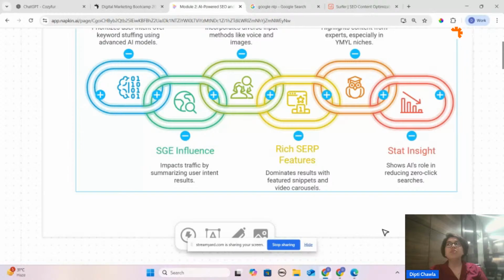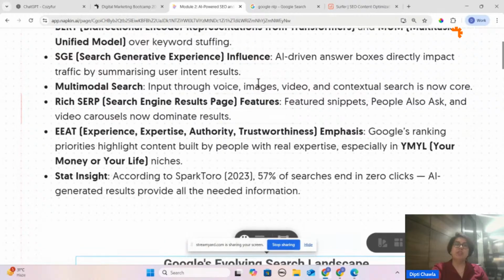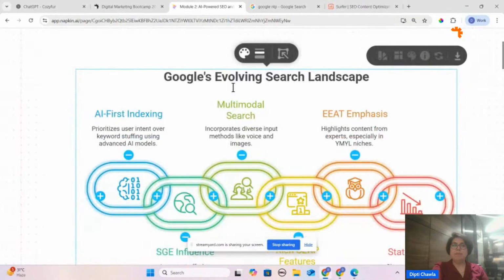And if the user intention to search something is easy, we must focus on this important tool, that AI driven boxes are directly impacting the traffic. That's how the results get summarized based on the user intent, like what the user is actually looking for. Multi-modal search, we have studied this earlier, yesterday.